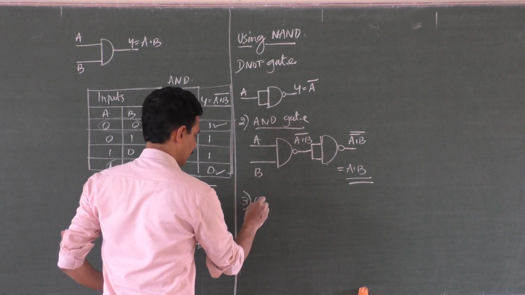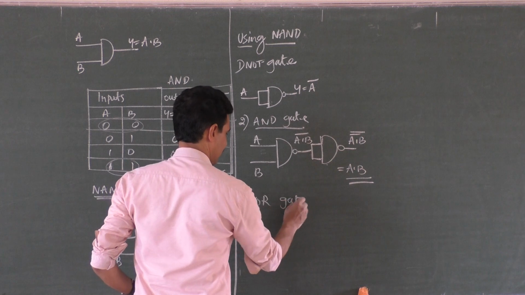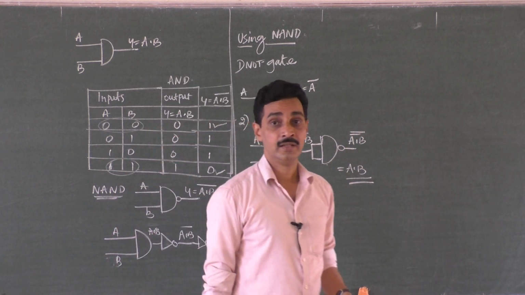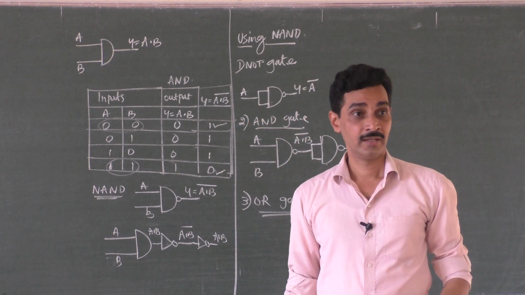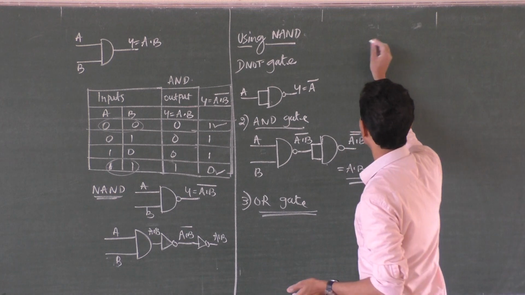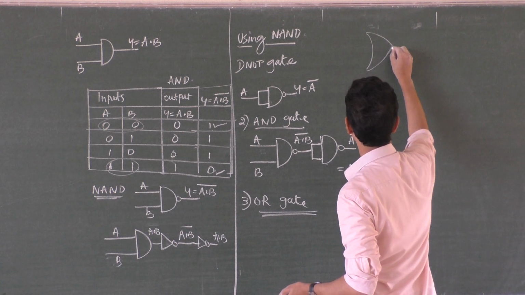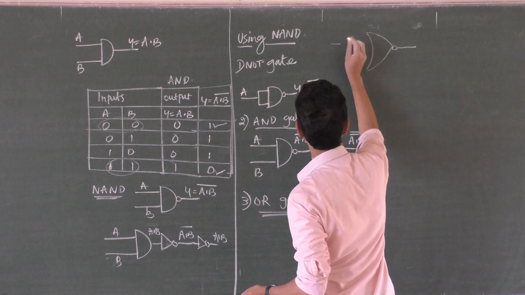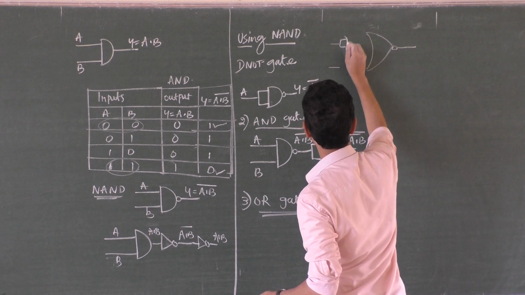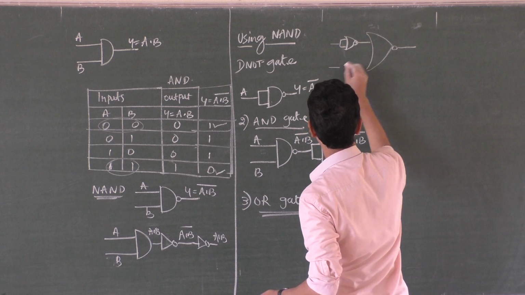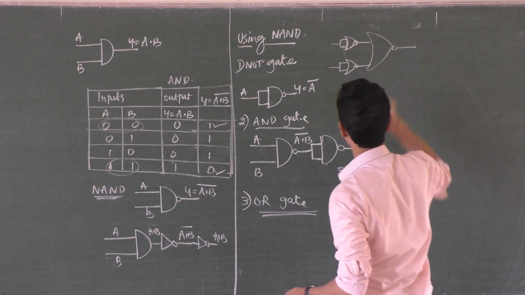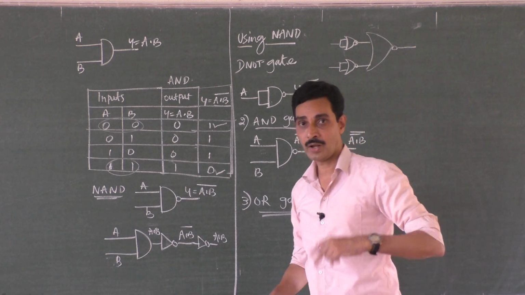Third one, OR gate. Now comes the interesting story as we had earlier. So what did we do for constructing OR gate? OR gate using NOR gate. Do you remember? NOR gate was taken, and we connected 2 NOT gates here. Okay, 2 NOT gates like this. Earring. Remember earring? 1 NOT gate, another NOT gate. Like this. So that gave you output OR gate.